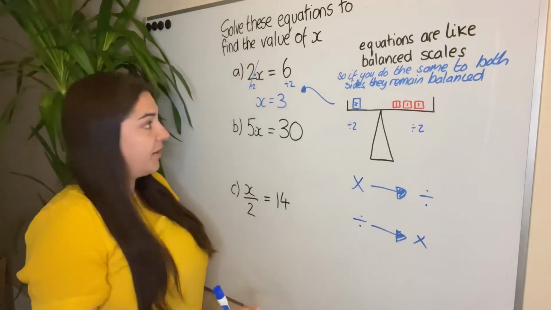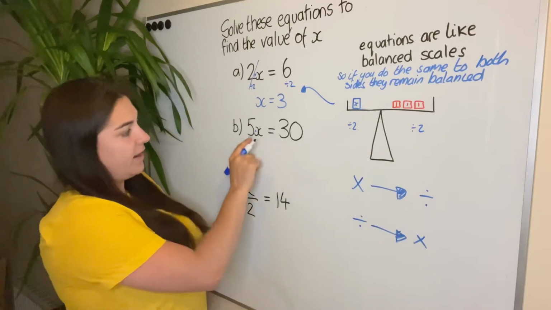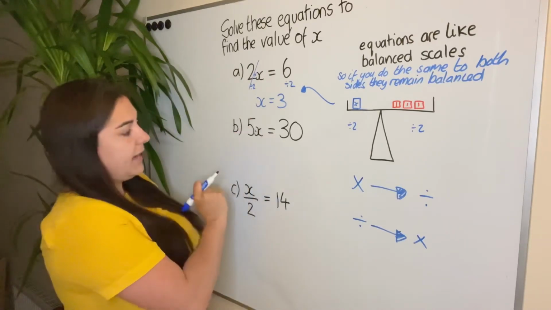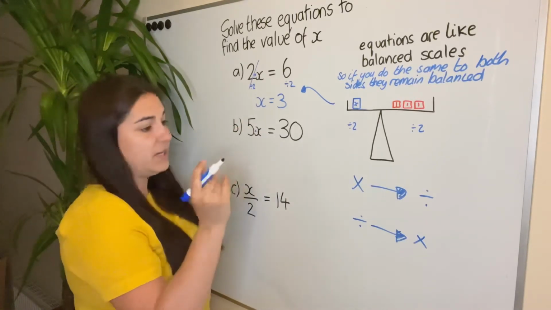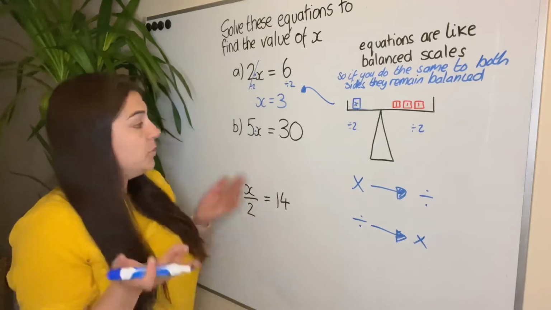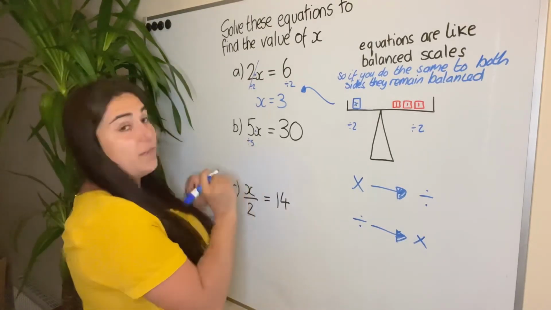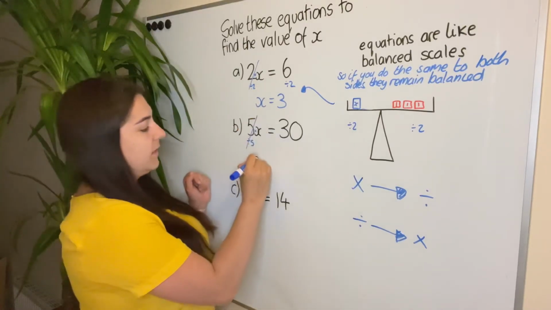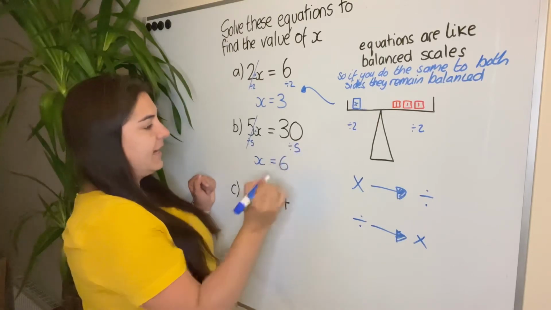Okay, let's try that again. So 5x equals 30. 5 times by x is 30. I want to get x on its own, so I have to get rid of this times by 5. To get rid of anything, or to move it from one side of the equation to the other, I do the inverse so that it cancels out. So 5 divided by 5 is 1, so I'm just left with x, and 30 divided by 5 is 6,